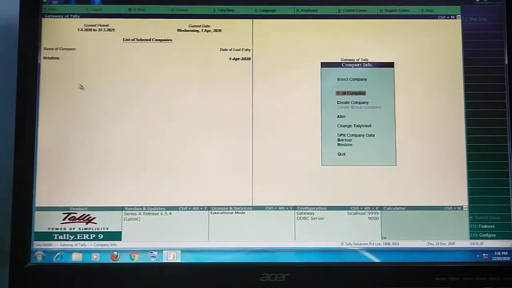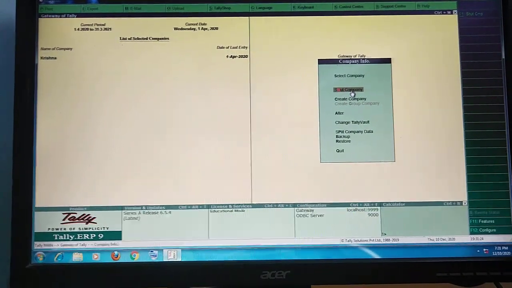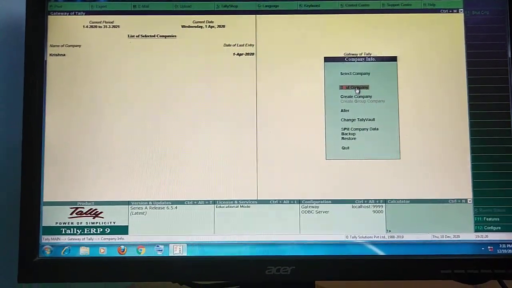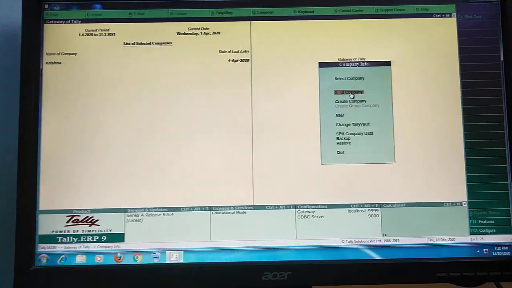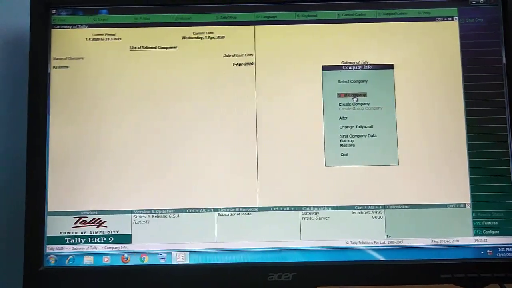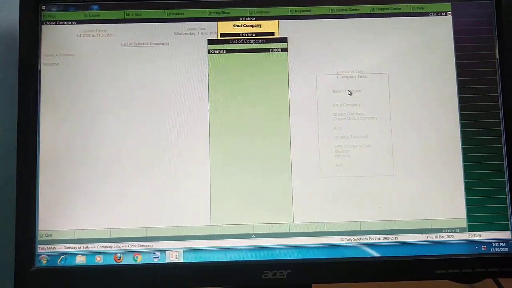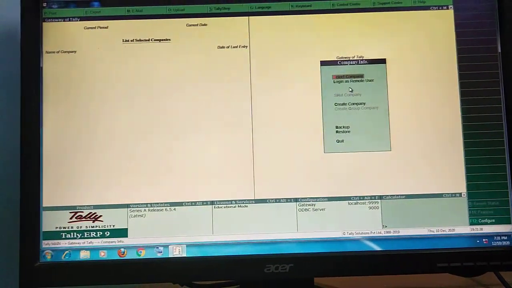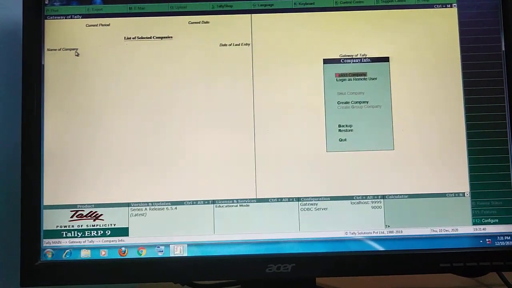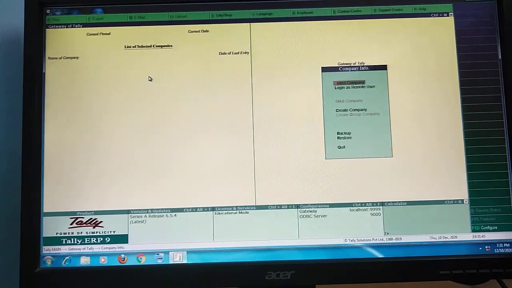How to remove it from the work area? Go to Shut Company. What is the importance of Shut Company? Shut Company means the company name is temporarily removed from your work area. So I go to Shut Company and press enter. Which company to remove from your work area? Krishna. Press enter. Automatically the company name Krishna is removed from your work area.